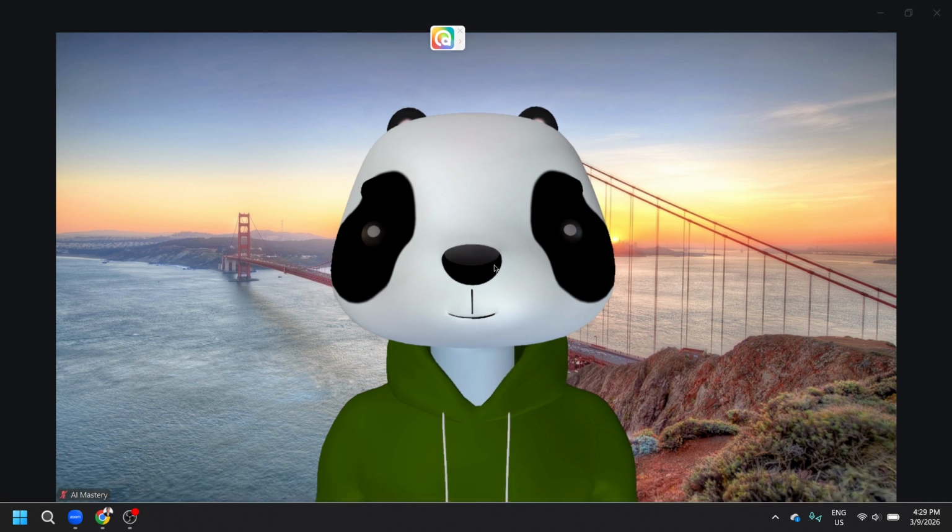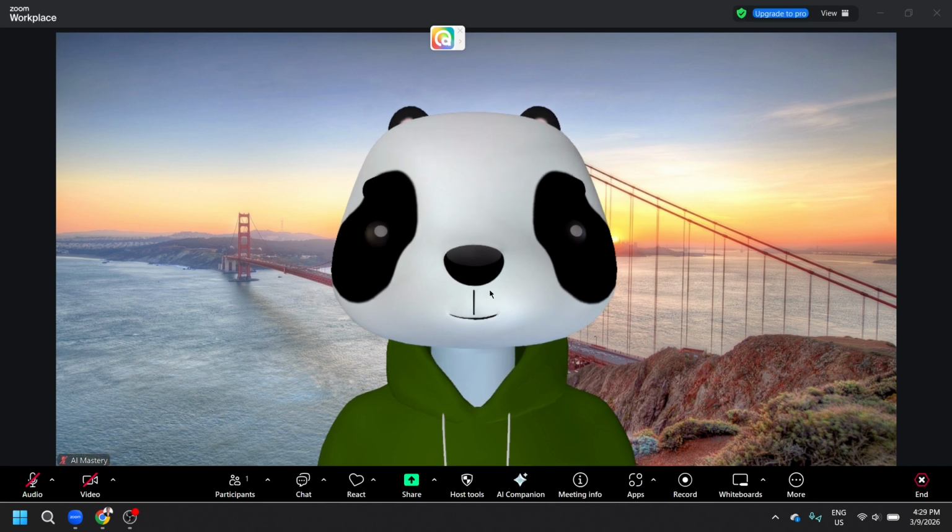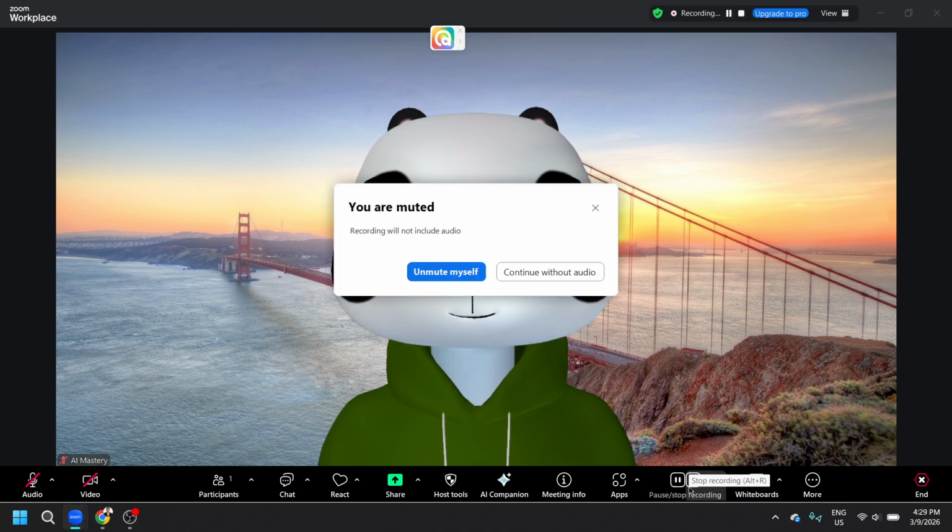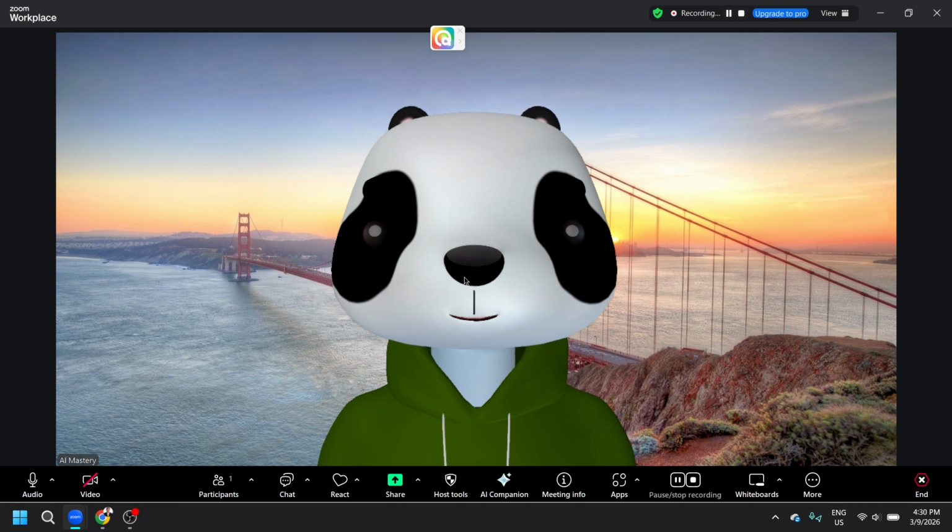When you're ready, look along the bottom toolbar of the Zoom window for the Record button. It may say Record or show a small circle icon. Click it, and Zoom will begin capturing your meeting. You'll see a recording indicator, so you know it's running. If you need a moment off the record, you can pause and then resume, and Zoom will keep everything in